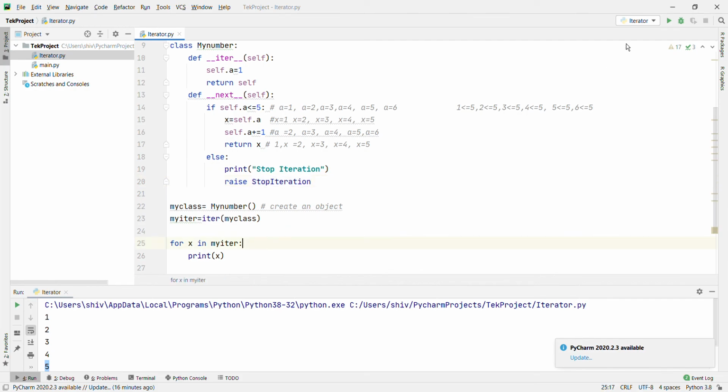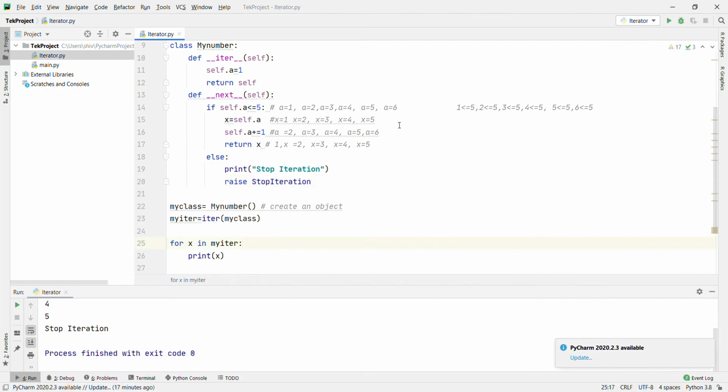Let's run it. Right, 1 2 3 4 5. Okay, then after that it prints stop iteration and it stops the iteration. What will happen if you do not use raise StopIteration? If you just comment out the code, it will go into an infinite loop.